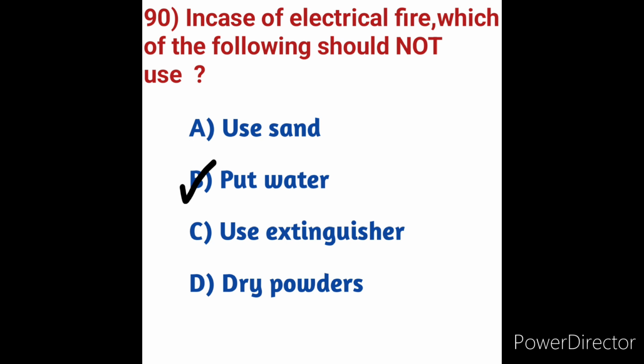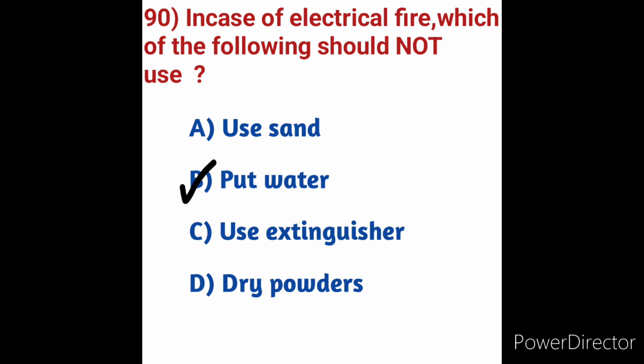Here, in case of an electrical fire, which of the following should not be used? Option B, put water. In case of an electrical fire, we have to avoid water. So here option B is the correct answer; except for option B, we can use sand, an extinguisher, and dry powders. Next we will move on to